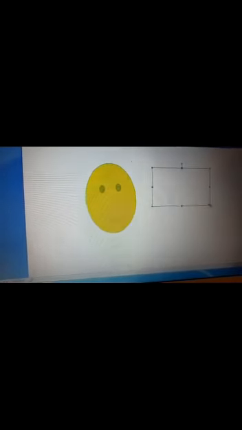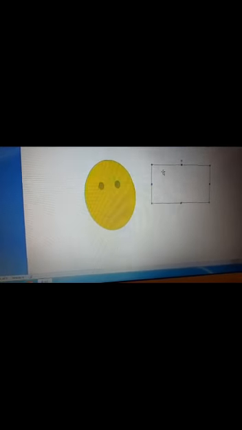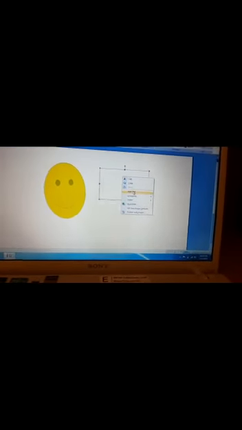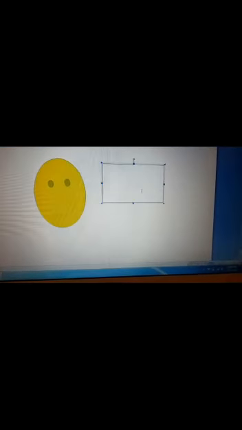Now if you want to add text in your shape, it can also be done. For that, let's select some new shape, a rectangle. Now if you want to write something in it, we will press the mouse button. There are two buttons, we will be pressing the right mouse button. Once you press the right mouse button, you will get a dialog box, and from here we have to choose the option add text.